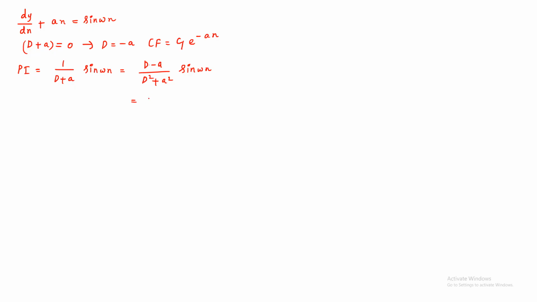Differentiation of sin(ωx) gives ω cos(ωx) minus a sin(ωx). In the denominator we replace D² by -ω², so this becomes -ω² - a². If we take this to be positive, then we get a sin(ωx)